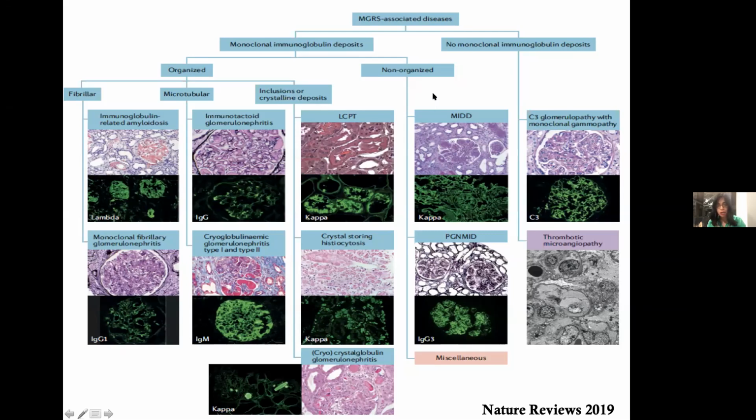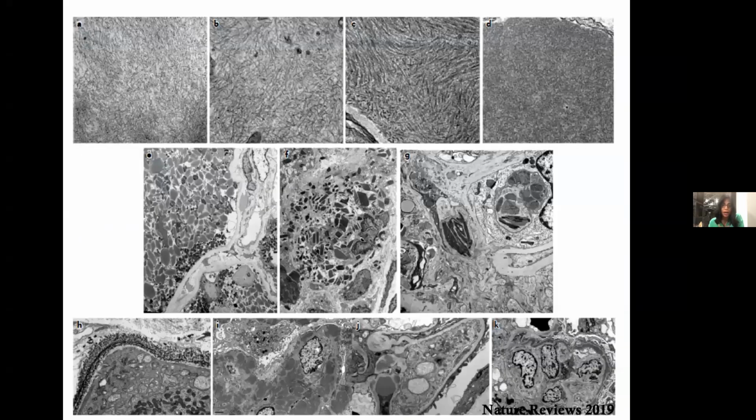If they are non-organized or finely granular deposits, they're going to give you a monoclonal immunoglobulin deposition disease, MIDD, or a proliferative glomerulonephritis with monoclonal immunodeposits. And if I cannot detect any monoclonals in the biopsy, elderly patients with C3 and thrombotic microangiopathy should also be investigated for monoclonal deposits. This was a nice picture, all by EM, just to again remind you, as we started this talk today, that it all depends on the characteristics of the light chains and how they are absorbed inside